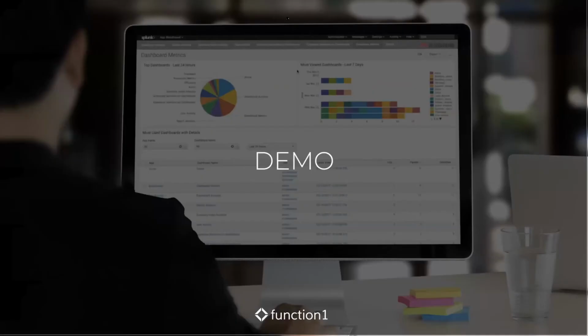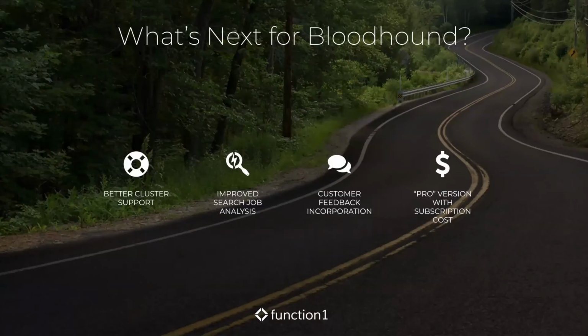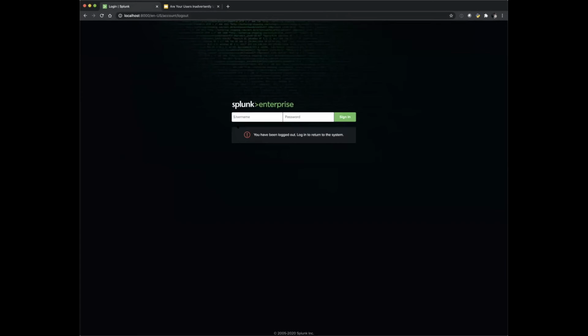But for now, I wanted to jump in and show a quick demo of this on a base system. Obviously, this isn't going to be a large production system. This is just one of our dev sandbox instances, but just to give you an idea of the screens that are available within the app and how you could leverage them within your environment. So if I log into Splunk here,